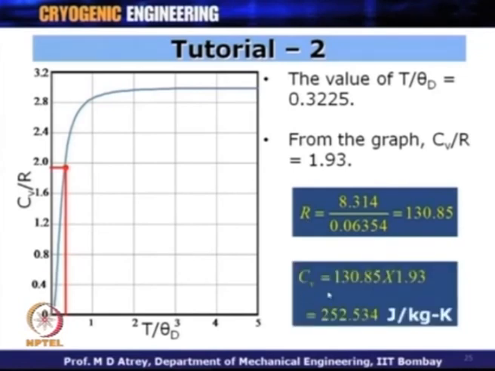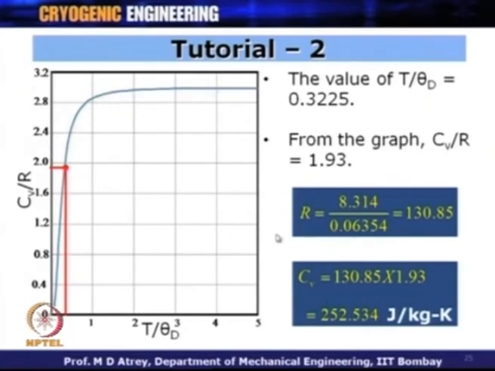So, the value of Cv is equal to 1.93 into 130.85, and what you get ultimately is 252.534 joule per kg Kelvin. So, the Cv of copper at T equal to 100 Kelvin is 252 joule per kg Kelvin. Naturally, the Cv of copper at 300 Kelvin is much higher,